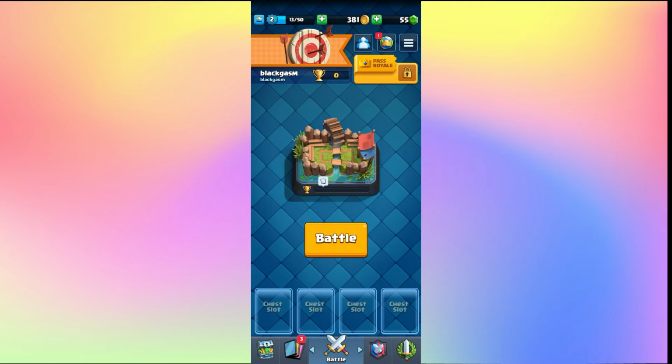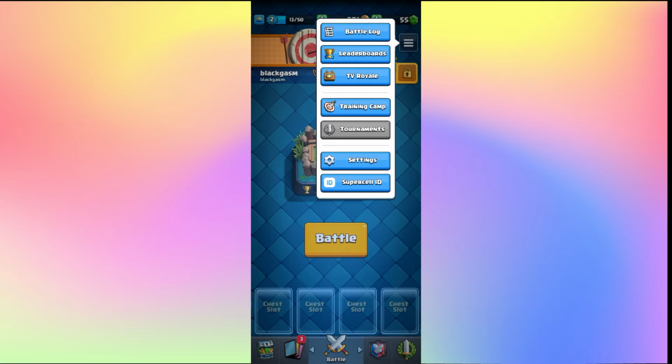First of all, just open up the Clash Royale game on your device and then wait until it is fully loaded. Once the game is done loading, you will be taken into the battle page, which is the home screen by default. Now, in order to create a new account, first you will need to delete the account that you currently have. So tap on the menu icon at the top right corner underneath Gems, and then from this pop-up